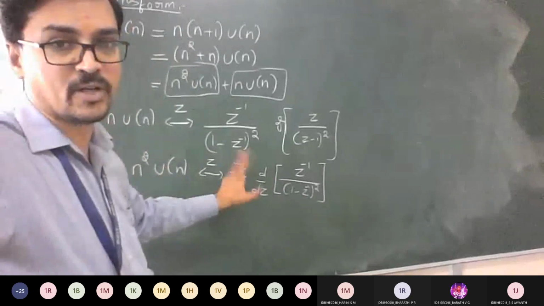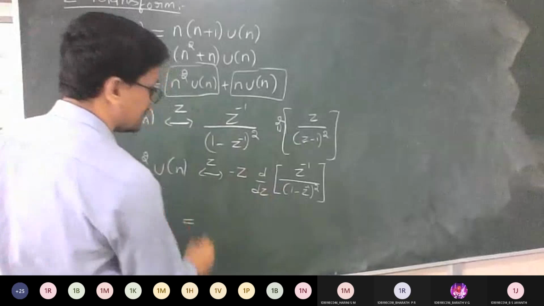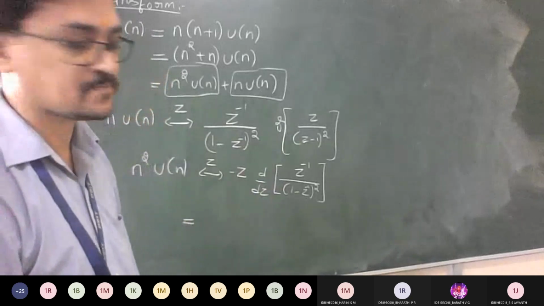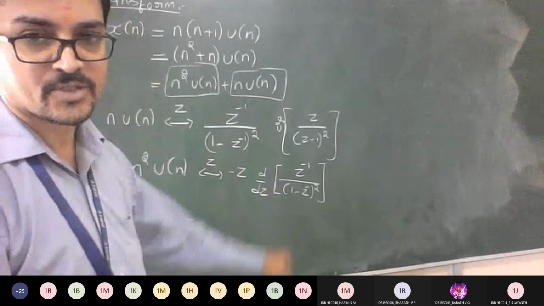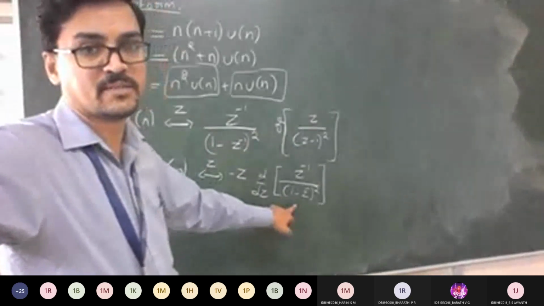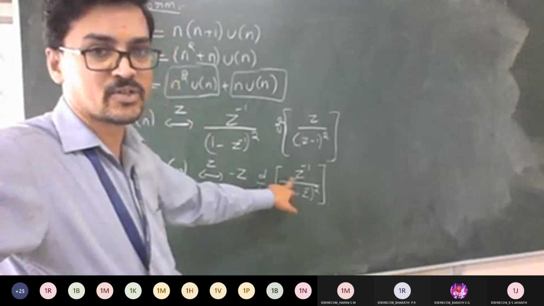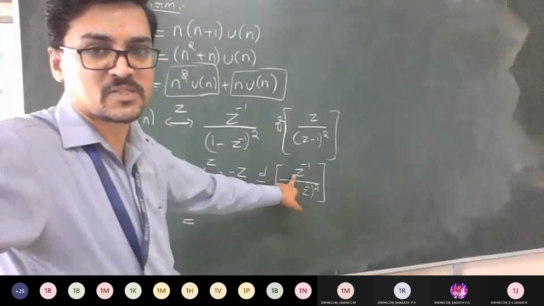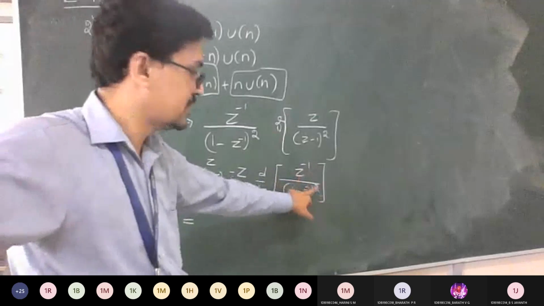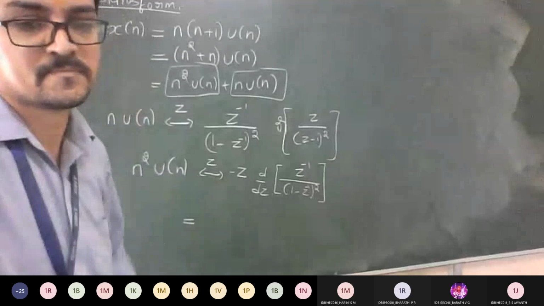So for that I am going to do one more differentiation. Differentiate this, apply your u by v rule and tell me what is the answer. You did it yesterday, right? Same one. So denominator square, so it's going to become to the power of 4. Then 1 minus z inverse into differentiation of z raised to minus 1, minus z raised to minus 1 into differentiation of this. What is the answer?